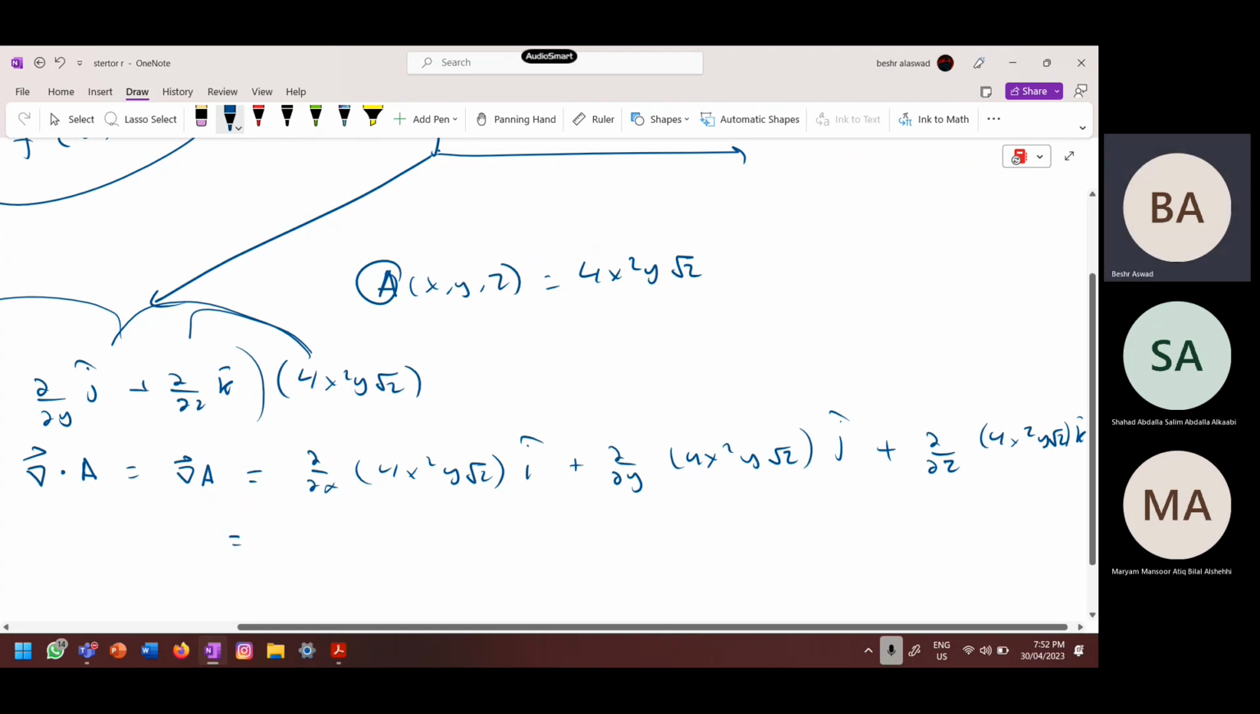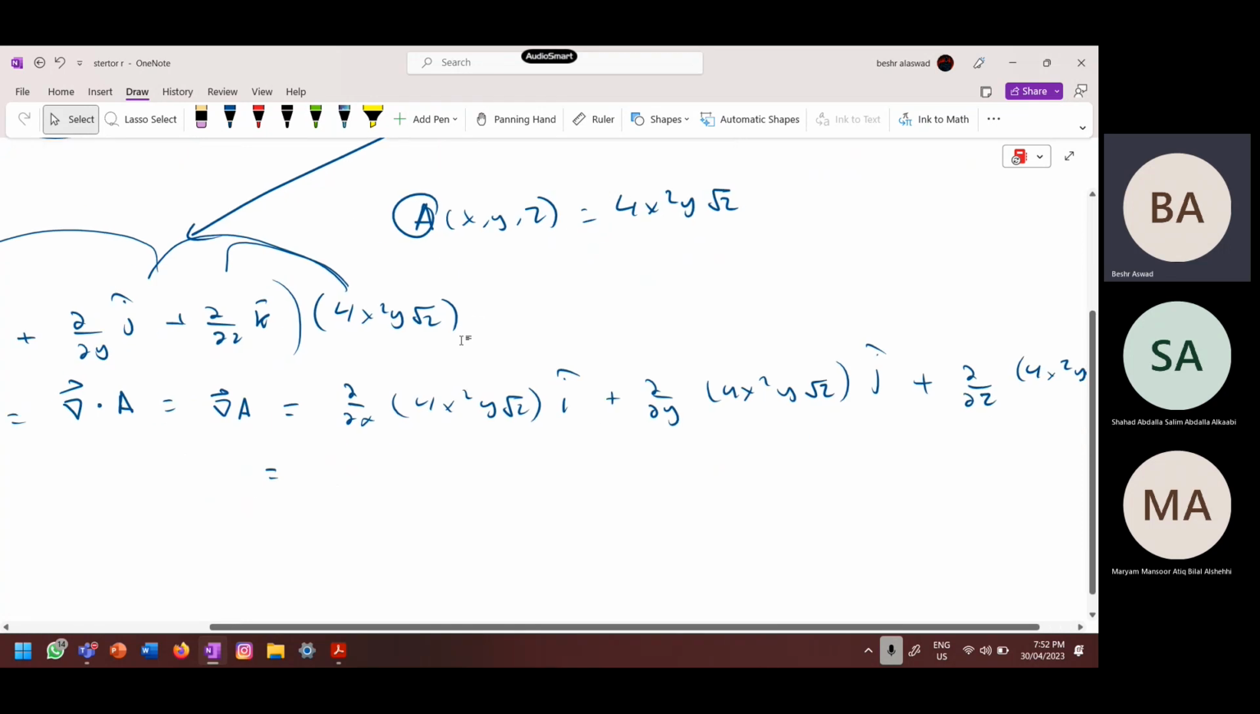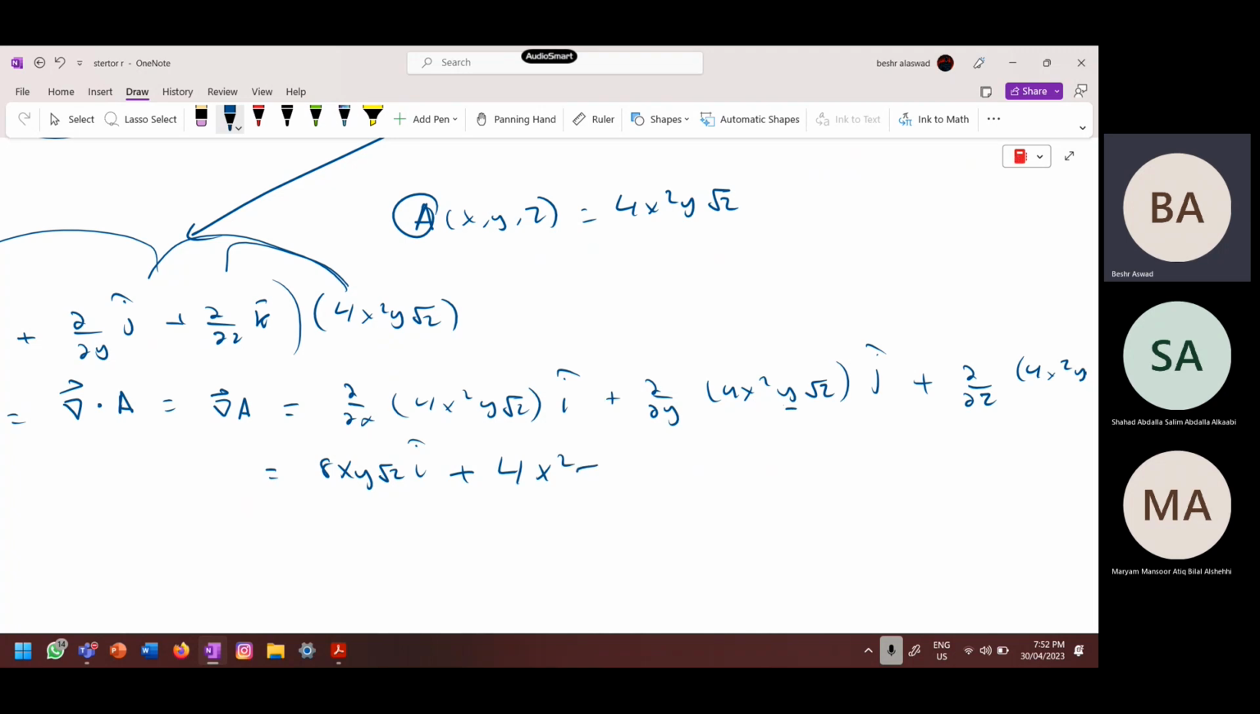Now to solve this, partial of a partial x, this means that you're going to differentiate with respect to x. Everything else is a constant now. This will give you 8xy square root of z i hat plus, as for this one here, y is our variable, everything else is a constant. This will give you 4x squared square root of z j hat